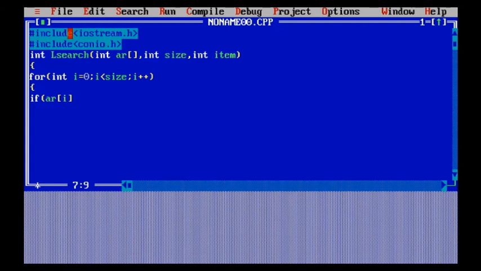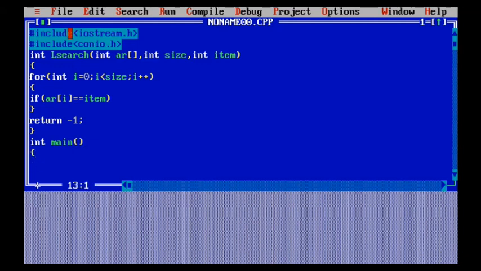So now what we are going to perform is a linear search. Here you can see that if array[i] equals item, meaning as soon as the index encounters the specific item that I have entered, it will return that particular item. Suppose it will return i in that case. If it does not find the item, it will return -1.